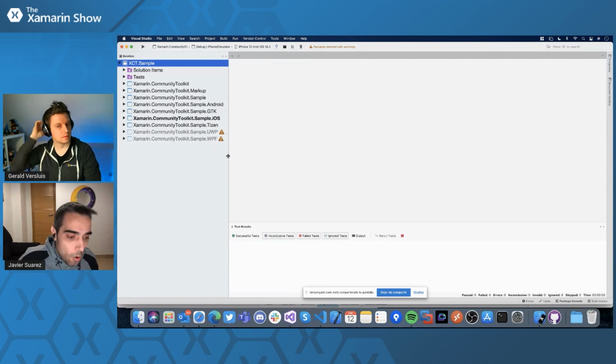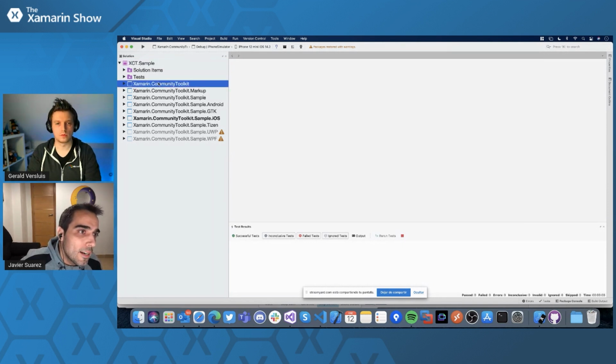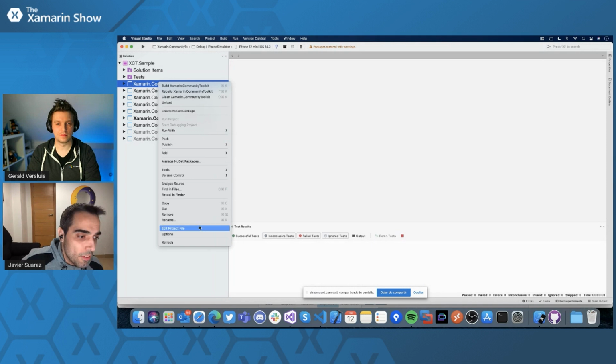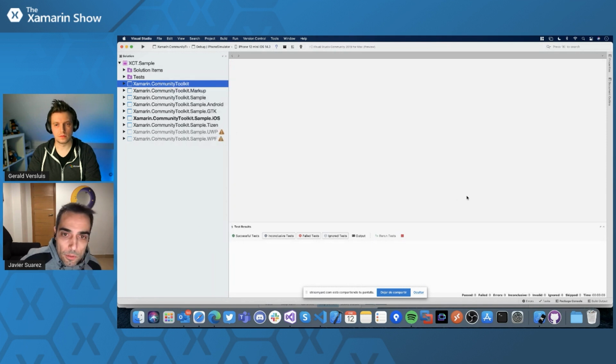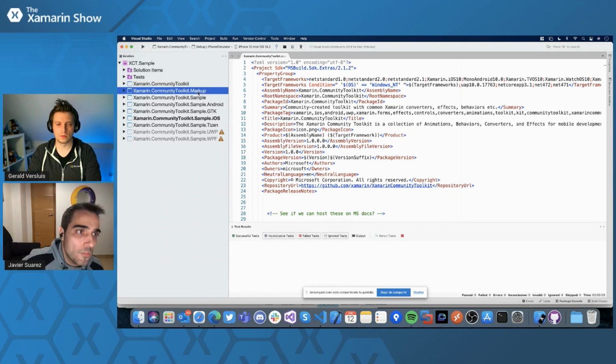When you open the Xamarin Community Toolkit repository, you can find different projects. The default project only includes the library. Take a look at that, because it's just a single library. Of course, we support different platforms thanks to different targets in the project, so we are using multi-targeting. And then we have a specific project for the C# markup extensions. If you want to contribute to that, I'm sure that Vincent will be very happy.